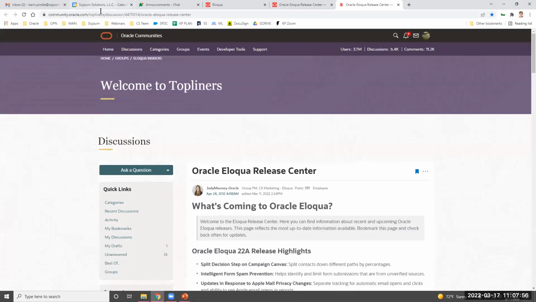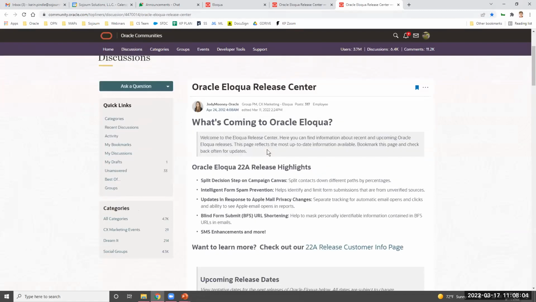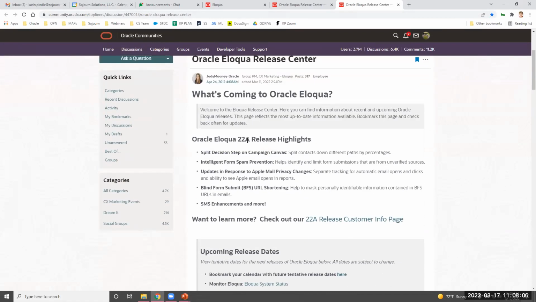How fancy, there we go. So the Eloqua Release Center, if you haven't ever seen it, it's on the Eloqua user community called Topliners. You can see it there in the URL. It's not really up here anymore, but there you go. Welcome to Topliners. So the Release Center gives details about the 22A release, which just happened in February,